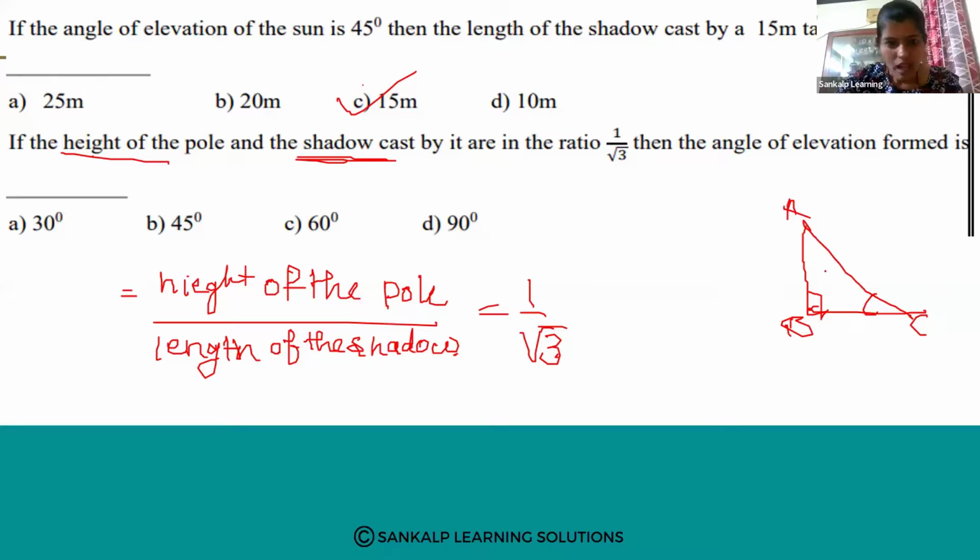So height of the pole is AB. This is the height of the pole and this is the length of the shadow. Okay, so that means it is the opposite side. This is the adjacent side. Okay, so opposite divided by adjacent side,